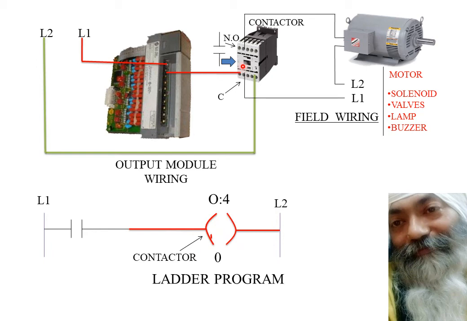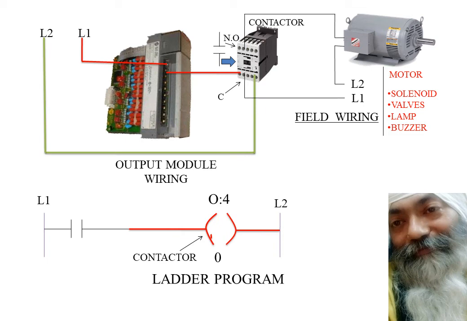drive a contactor. A contactor is a kind of relay, but it's bigger in size and bigger in current capacity. So a bigger relay is called a contactor, and this contactor is used to run heavy things like valves, or you can have motors and so on. All these things are normally connected through contactors. So friends, I think you now have a fairly good idea of how input and output are represented in the diagram, which is called a ladder diagram, and it's just one rung.